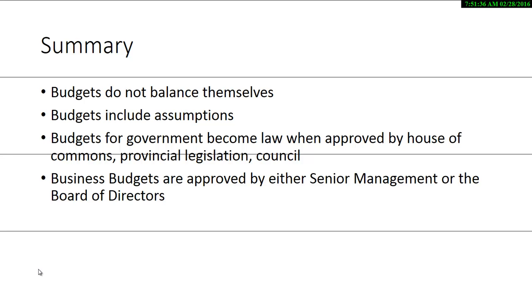What I wanted to illustrate with this presentation briefly is to give you the fundamentals of budgeting, to understand that when budgets are discussed, they are detailed documents. There are a lot of assumptions in those documents. And they also tell you that when you're trying to set priorities, you have to really think things out and look at how you're going to manage the cost and revenue side of the business. And that's really what I wanted to drive out of this presentation.